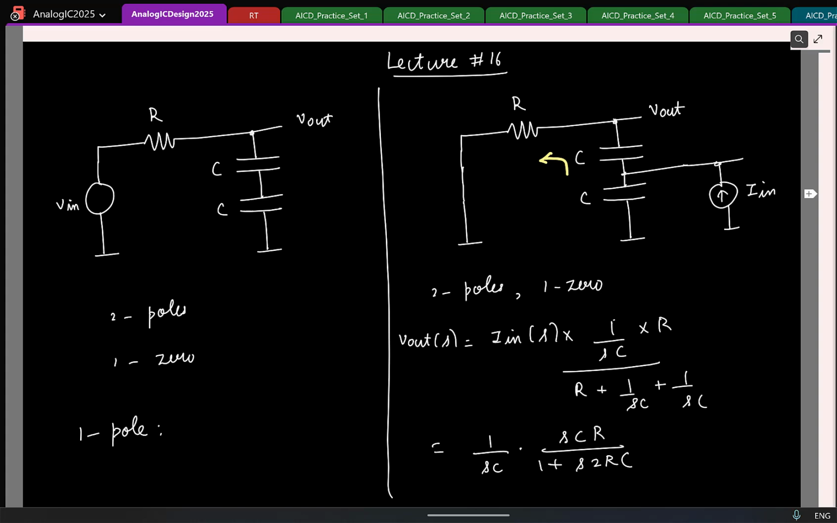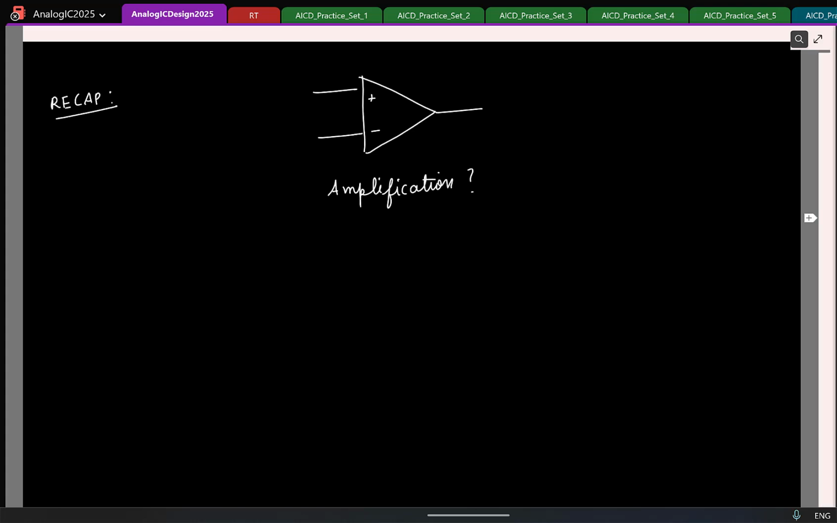Okay, so let me move on. Today I'll just give a quick recap of what we have done so far and then we'll continue. To give a quick recap, we started with the goal of making this fellow, right? And we decided that we need to have amplification. And when I say amplification, what kind of amplification are we referring to? Power amplification,